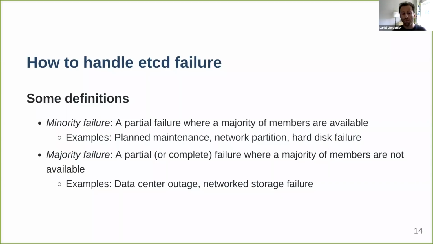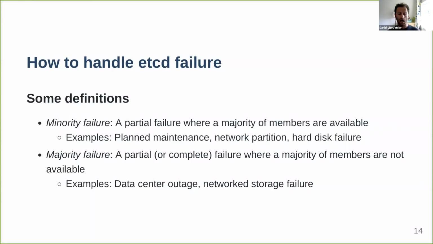So an example of a minority failure could be something like planned maintenance, right? I have to update the kernel on some member and restart the operating system, and it will be down for the duration of that restart. It could be a network partition, or it might even be a hard disk failure on a minority of the